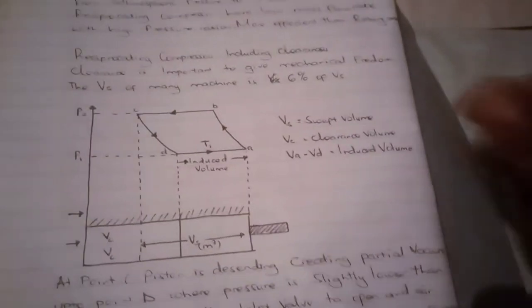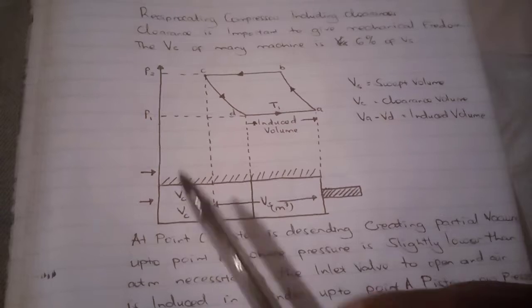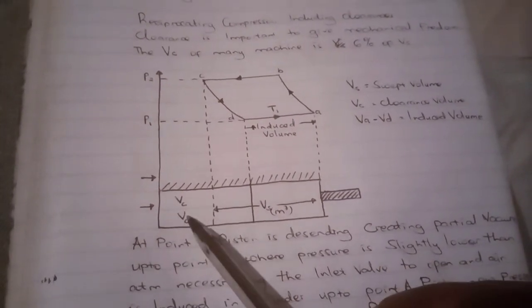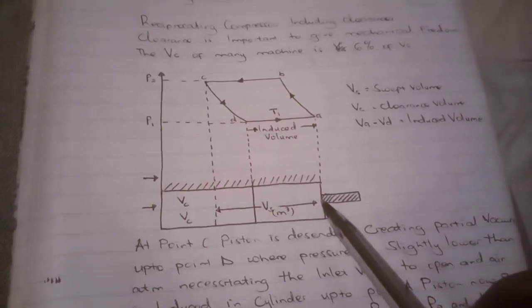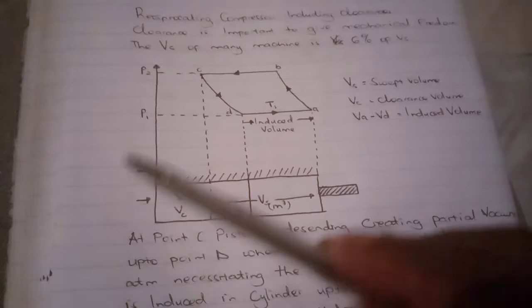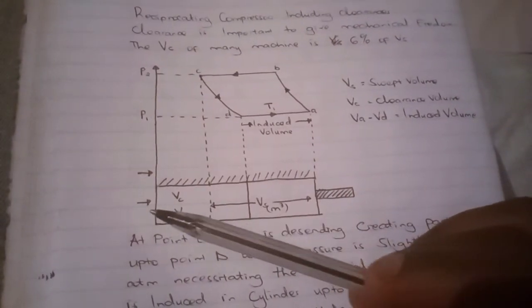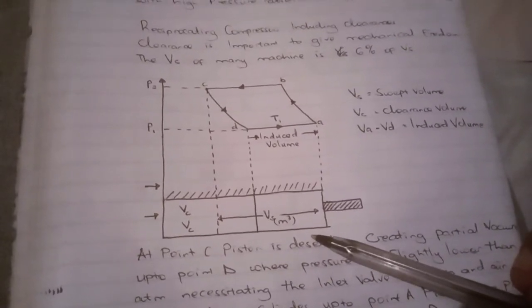And then this is the diagram that I've drawn to show you the volumetric clearance. This is the volume swept in meters cubed, and this is the graph. This represents the pressure in atmospheric pressure. This is volume in meters cubed, and this is the